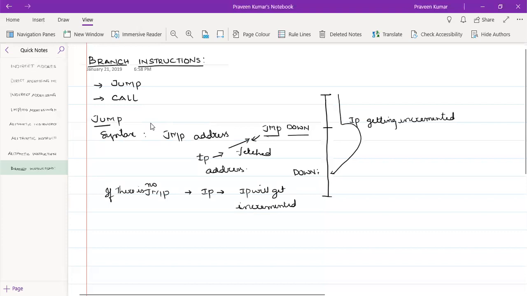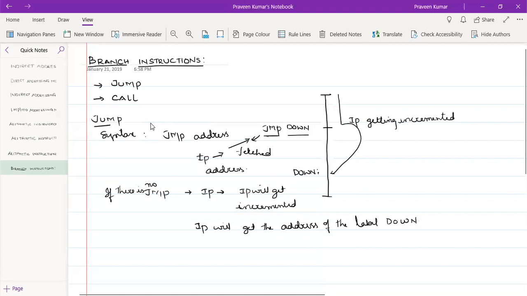But because we have written jump down, now IP will get the address of the label down.